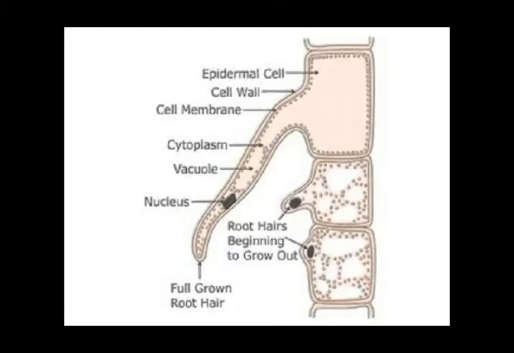Second thing, the cell membrane is very thin and semi-permeable. No doubt, the cell membrane is also a thin one, but it is semi-permeable. And do you know the difference between permeable and semi-permeable? Permeable means it will allow all substances to move freely in and out. Whereas semi-permeable means it will only allow certain molecules to pass through it, not all. That means it won't allow the larger molecules of the dissolved salts inside to enter. Only certain things it will allow to enter.